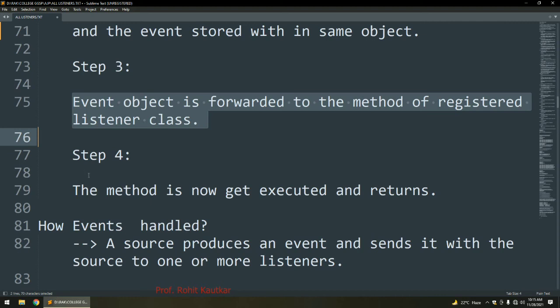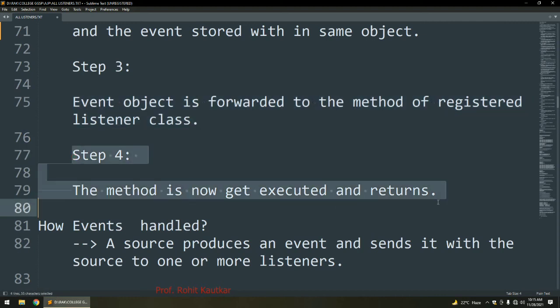In step number 4, our method gets executed. Within the method, we write the logic for what we want to do when the event occurs. So in step number 4, that method executes.